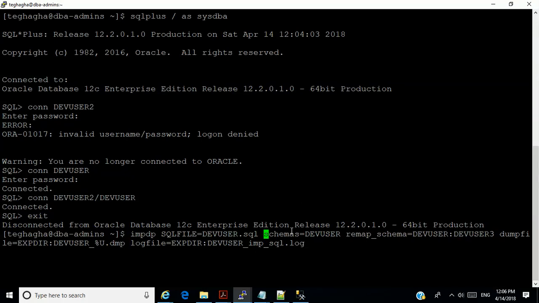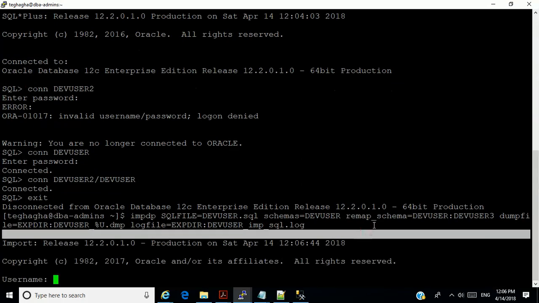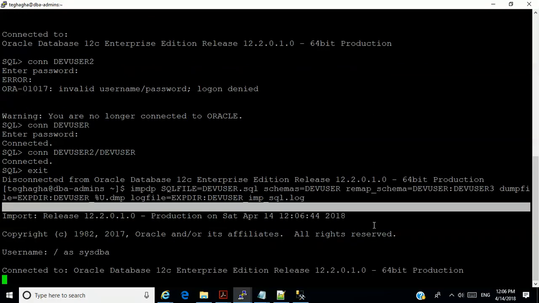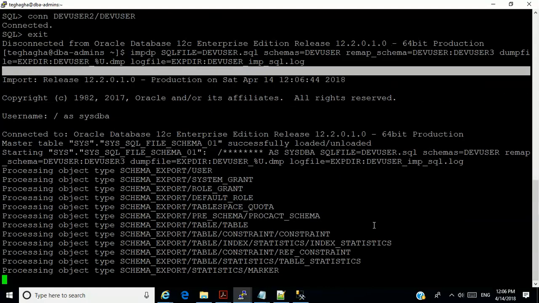So I do this here, and I put the password. It's not really important, it's only generating a file, and that file, we're going to see the file.